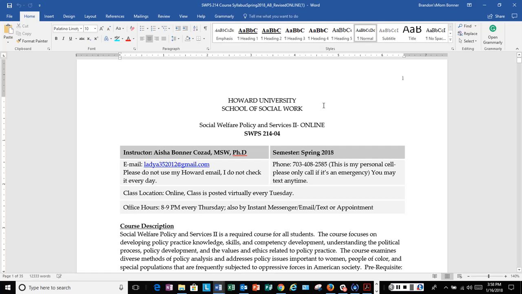I know these huge documents can be a bear, but I want to implore you to read it fully. All the information you need to know to have a successful semester is contained in this document, and you really will have an easier way if you take the time to review it. I'm not going to go through the whole thing. I do expect you to read it, but I am going to point out some things that are important, try to explain a few things as I would if we were meeting in class. So to begin, at the beginning here,